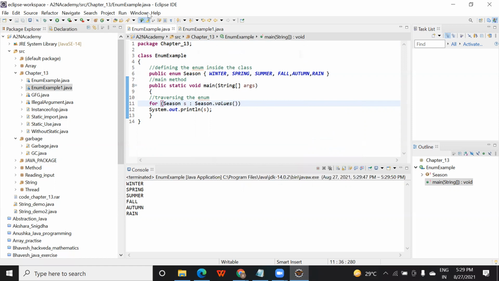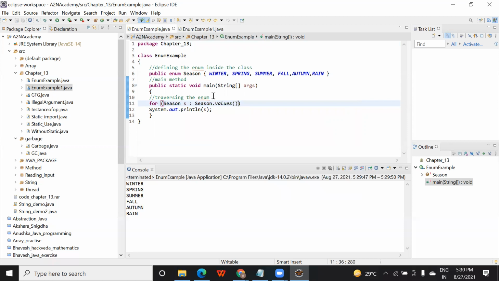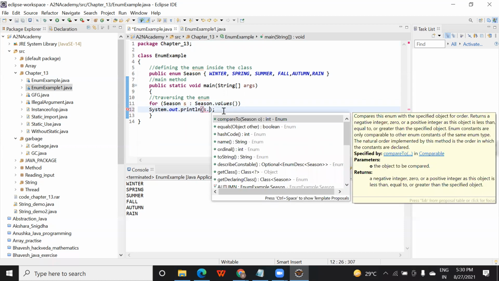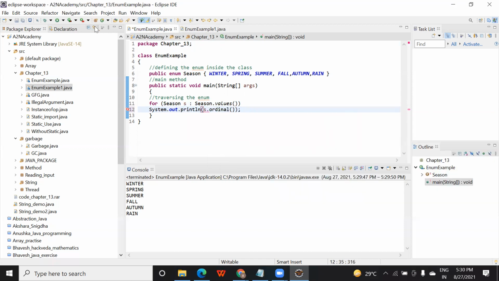Ordering we can do like this. Whatever value you have read in this enum type, you are just printing that. But the actual use of the enum data type is that you can get the ordering while printing. You can get the order of that. Let me try with s dot, and run this.